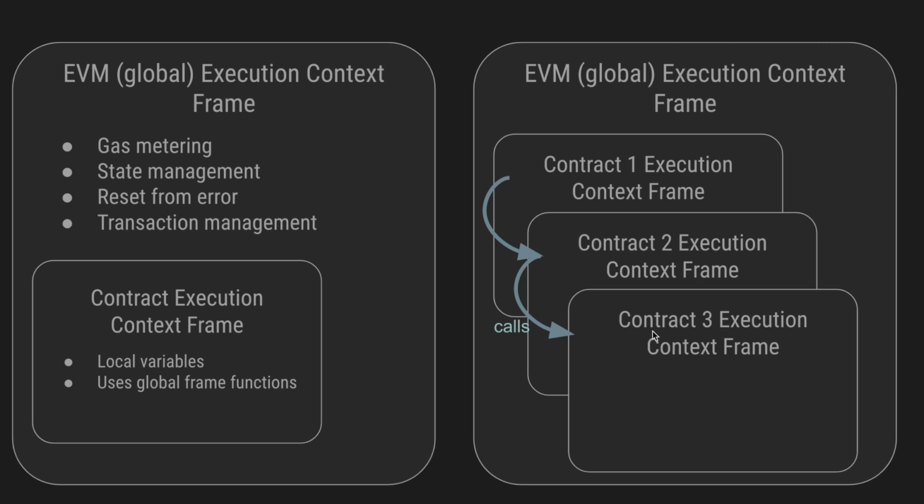On the right, we have three nested contract calls, which means we have three nested EVM execution frames. This is where you have smart contracts that have internal calls to either external contracts or even themselves, but they use the delegate call, static call, or call code opcodes. And this is how things look for Ethereum.